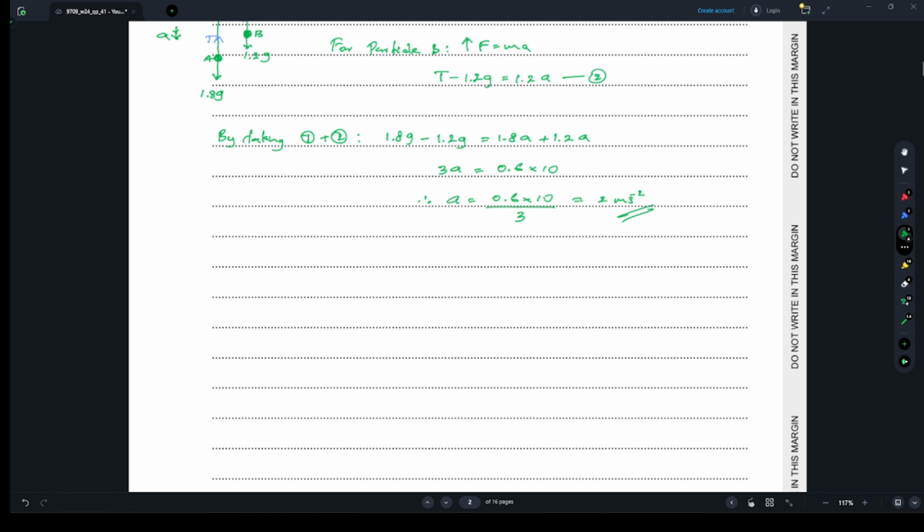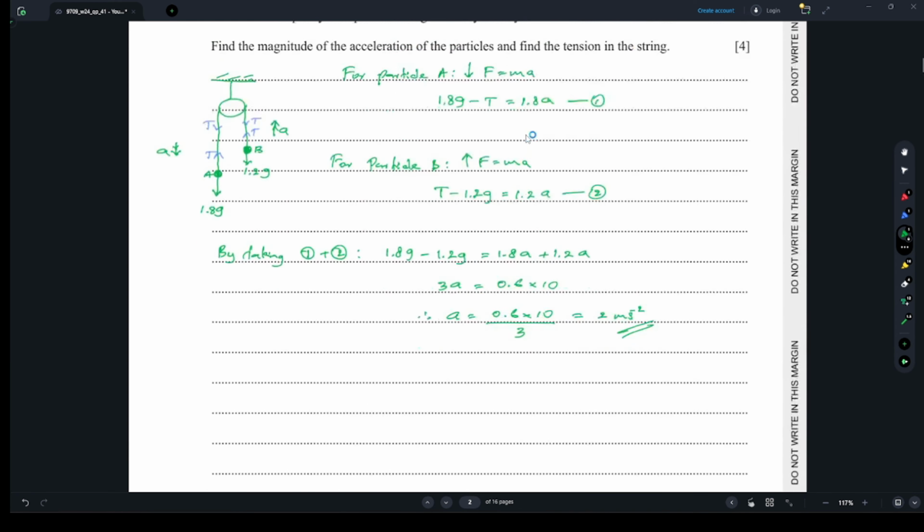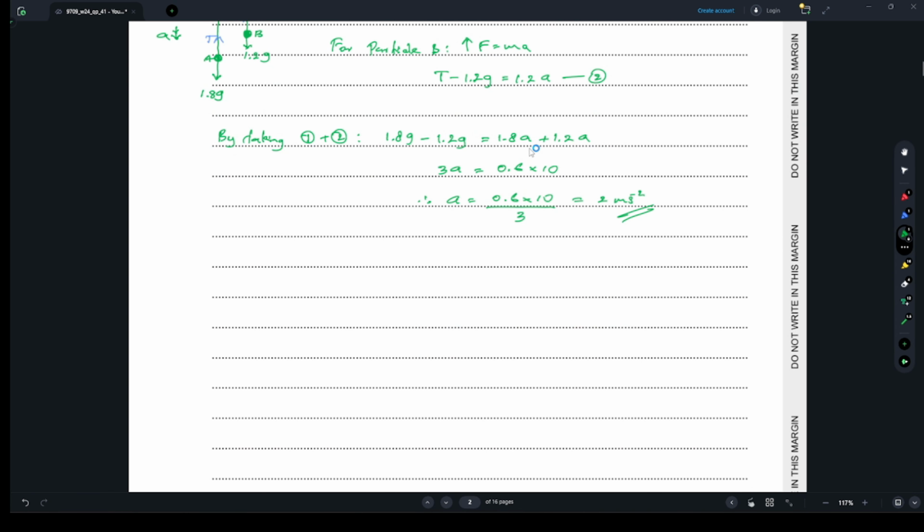Okay, so we found it, and then you can use any of those two equations and find E. So I will take equation 2, let's say. I can write E equals